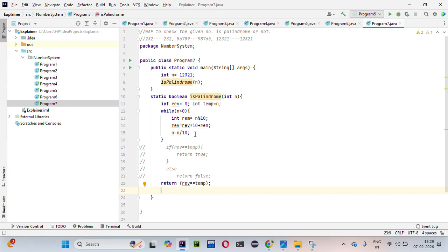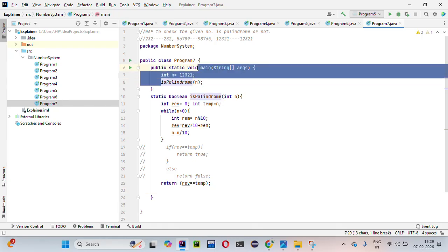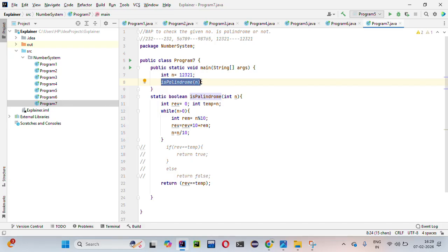Okay, so let me run the program. No, now we do not need to run the program yet, because here I have called the method isPalindrome, and this method is giving a boolean value. This isPalindrome method is checking whether n is a palindrome or not. If the number is a palindrome, this method returns true. So if this method is returning true, we can take this as an if condition. If this condition is true,